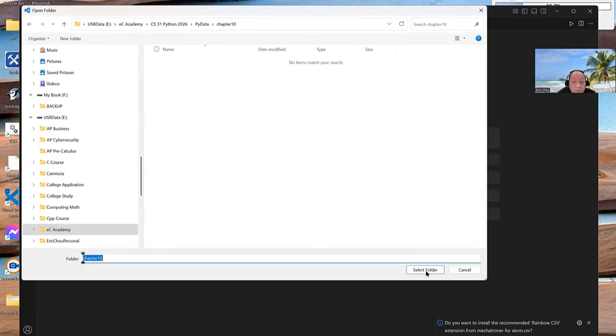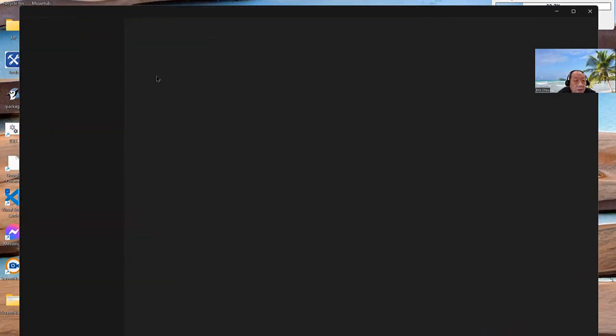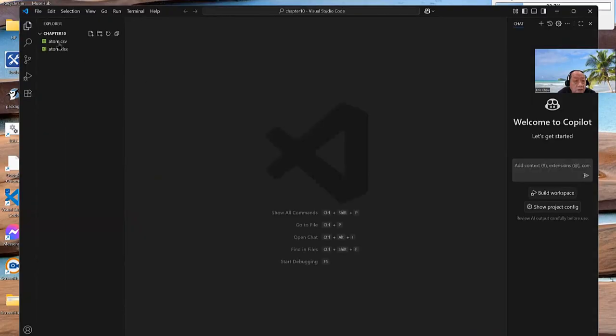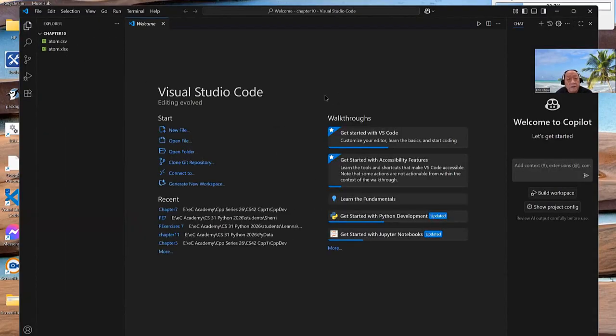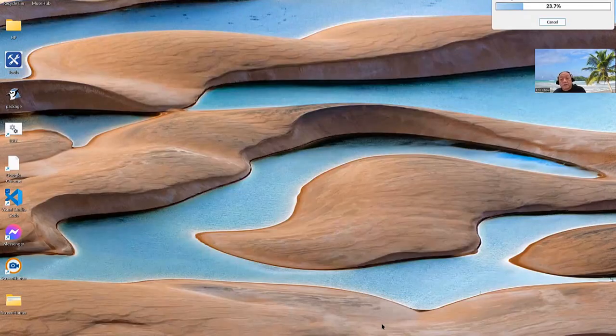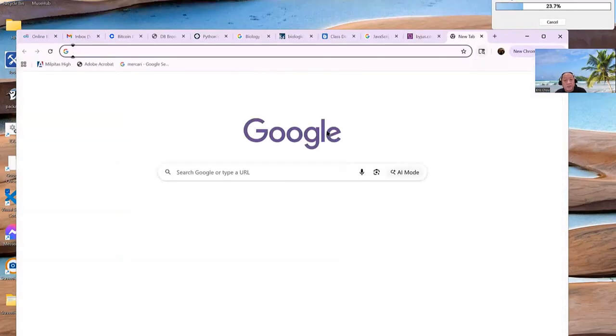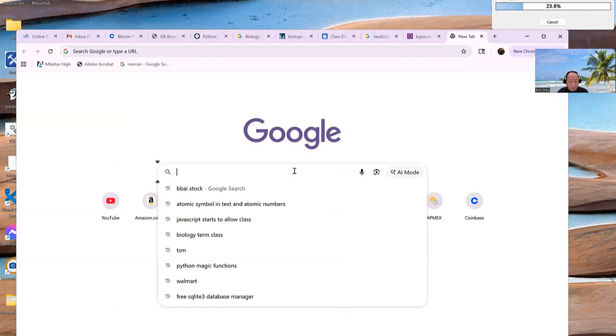Chapter 10. Go. Okay, so this one we are here. So we do have the CSV and Excel file. Now, what we want to do is that in the past we taught you to read the CSV in by using the split. So now today, let's do Python